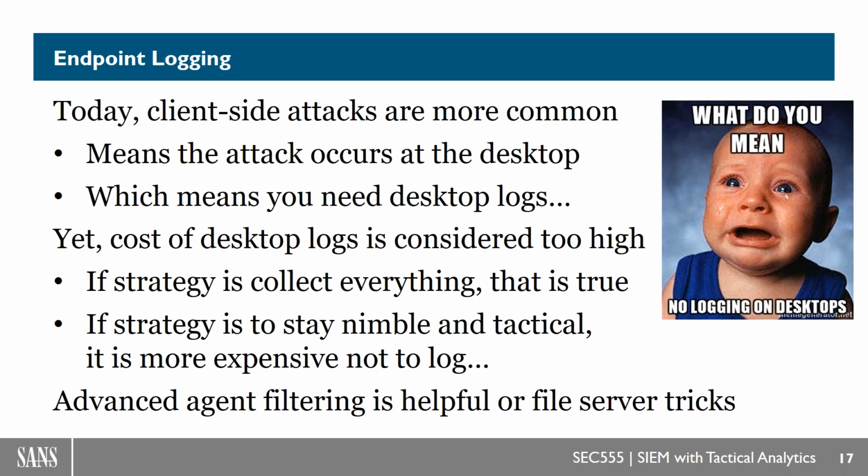Because with modern attacks, we don't see the server-side attacks as much as we used to. What we have is the normal kill chain process. The adversary goes out, performs a tremendous amount of reconnaissance. They target an individual in your organization, and then they will attempt to exploit that one individual, usually through something like a drive-by download or a phishing attack, or maybe even some type of watering hole attack. That means they're going to target the desktop or the endpoint. They're going to shoot through all of your systems. They're going to shoot through your firewall, your IDS, your IPS, and go right into the internal system and then pop that one box.